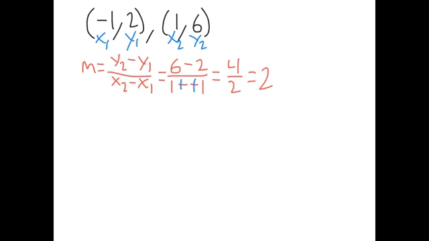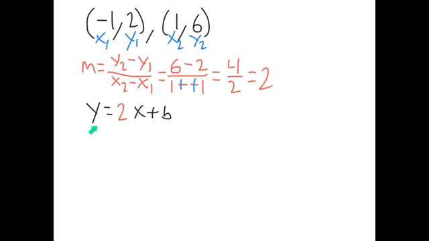Alright, so now we have to plug this in the slope-intercept form. So that's going to be y equals, and instead of m, we write 2, and then x plus b. Now we're starting off just like we were in the other problem. The only difference is we have 2 points here. It doesn't matter which of the points you pick. However,